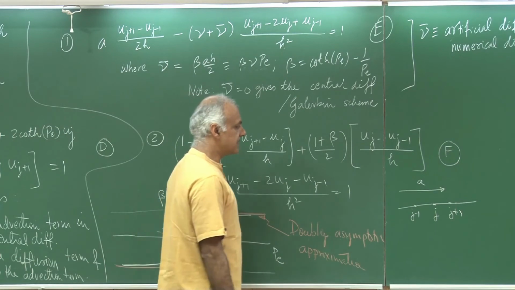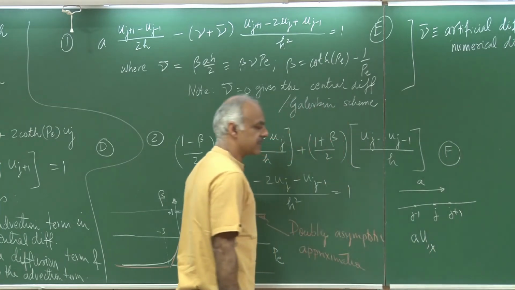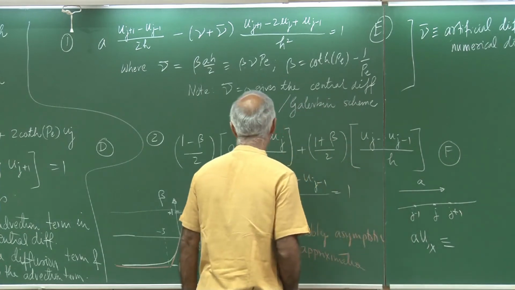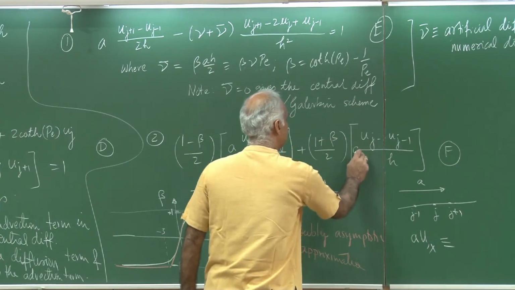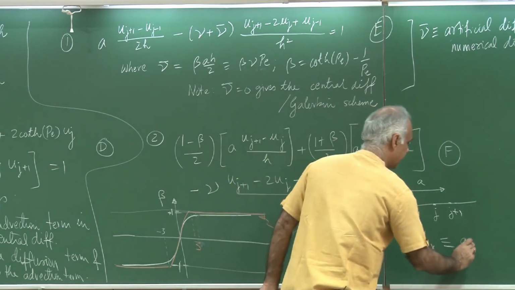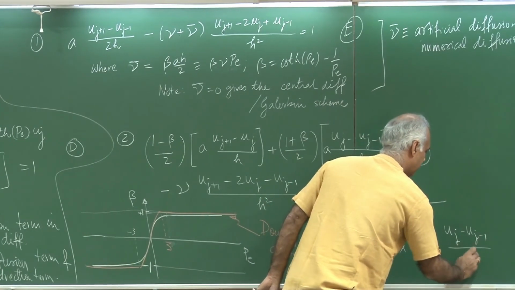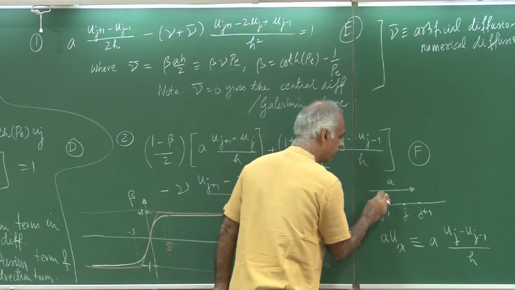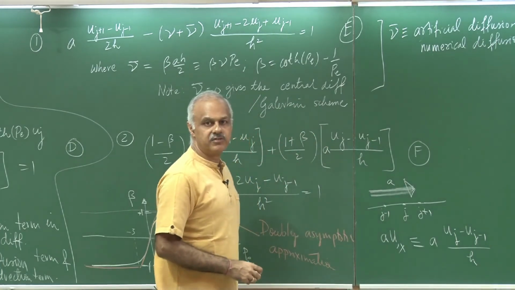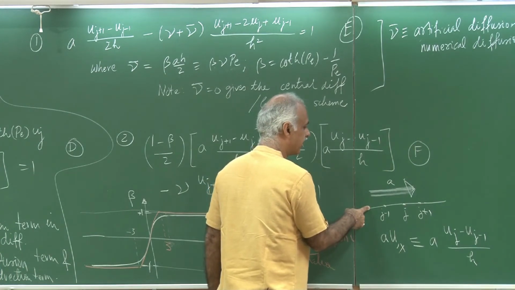And what is being said is that if I want to approximate A times u comma x, then I am better off approximating it as, I am sorry, I missed an A here, A times uj minus uj minus 1 divided by h. So, the information is flowing in this direction, and I must respect the flow of information. This is an advection dominated flow. So, information is going to go from left to right.